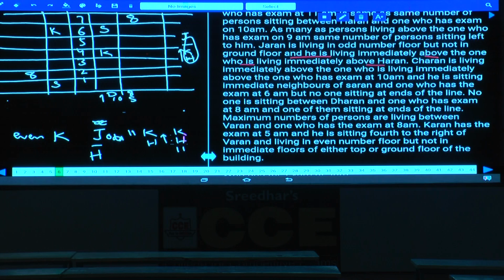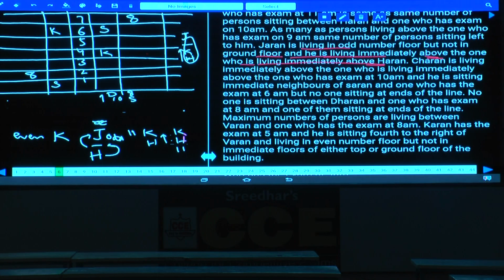Let us look once more. Jaran is living on an odd number floor but not on the ground floor, and he is living immediately above the one who is living immediately above Haran. Immediately above Haran is here. Now immediately above this is Jaran. Isn't it? Hence J and H must be where? J and H must be in the alternate places. Hence where can we have this J and H? J and H in the alternate places, and 7